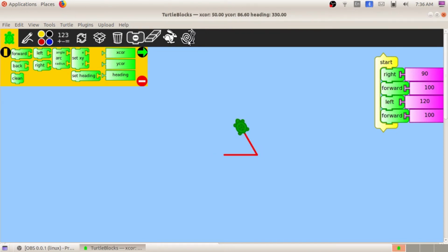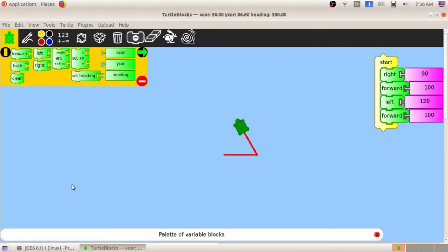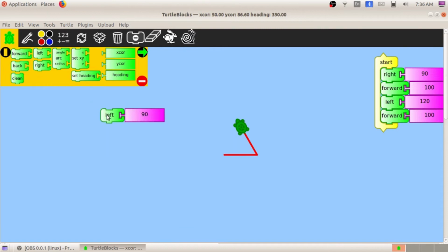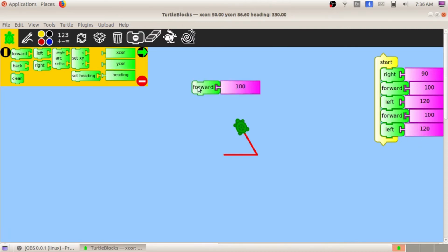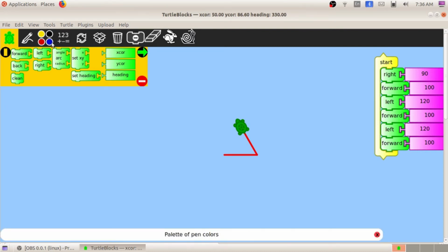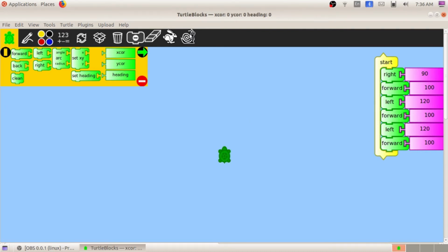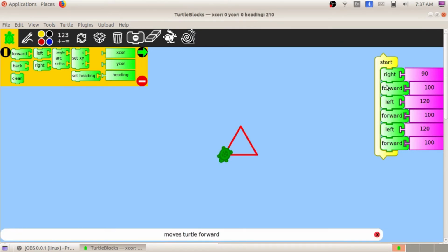Now one more thing, again you need to repeat the same steps. So left 120 and forward 100. Let us check that. Now we have constructed a triangle.